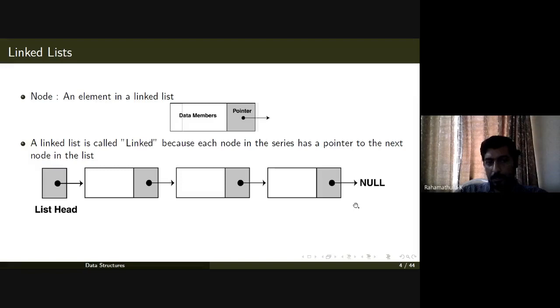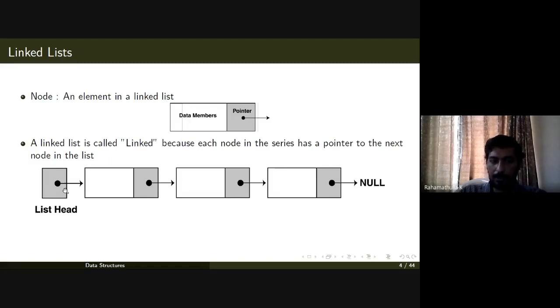So corresponding to this, in memory it is like this. This is stored in some memory location. This is stored in some other memory location. This is stored in some other memory location. So we can say that this is not in continuous memory location, and at this place the address of this node is stored. So for example, this node corresponds to an address 100, and this node corresponds to an address 50, and this node corresponds to an address 300.